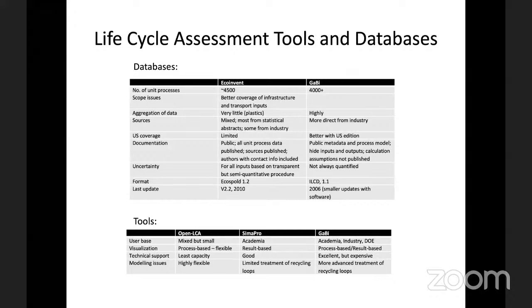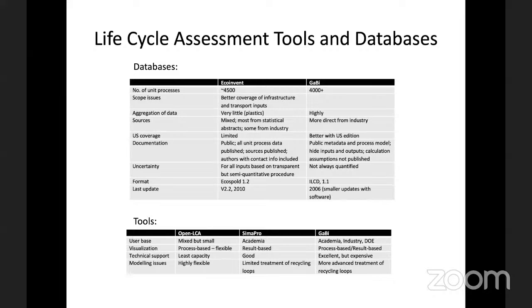Scope-wise, EcoInvent has a better coverage of infrastructure and transport unit inputs. You have aggregation of data. Very little is there for plastics, but there is high aggregation of data for GaBi. Sources are mixed, mostly from statistical abstracts, some are from industry. GaBi, on the other hand, is more direct from the industry. US coverage of EcoInvent is limited. EcoInvent was invented, if you will, in the European